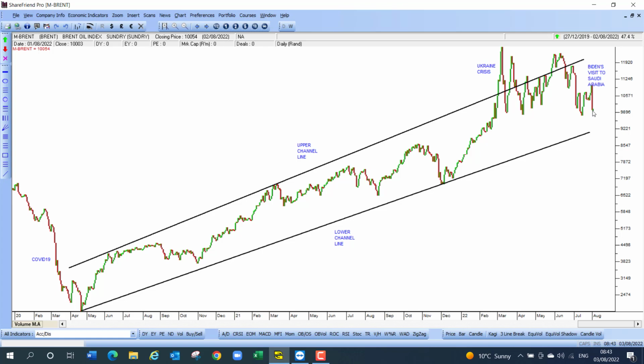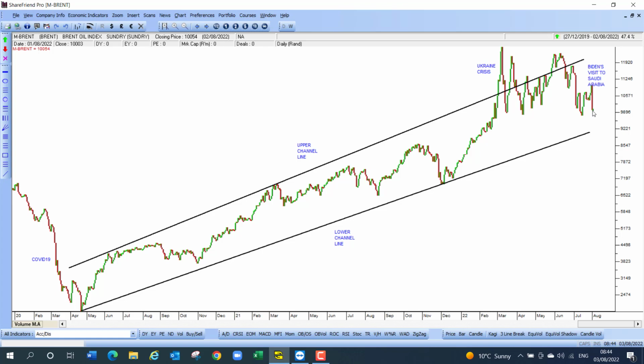Okay, so we think that was caused by Joe Biden's visit. We're not sure. The Biden administration is not confirming that. In our view, though, this drop in the oil price is temporary. It won't sit around these levels for long. We think it will go back up again. And that, of course, will be bad for everybody, except for Russia, of course, and Saudi Arabia.